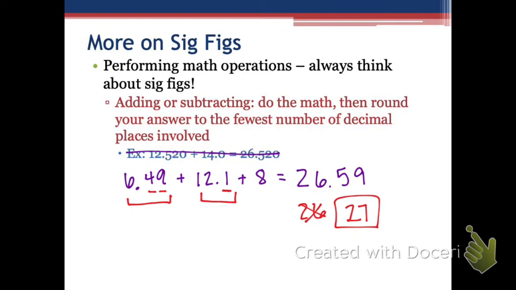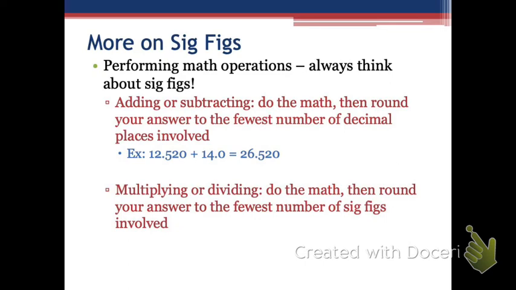Okay, so now let's move into our rules for multiplication and division. When we multiply or divide, we do the math, then we round our answer to the fewest number of sig figs involved. So not decimal places, but you have to count your sig figs now. Okay, so we round our answer to have the fewest number of sig figs that we started with. All right. So what that looks like,